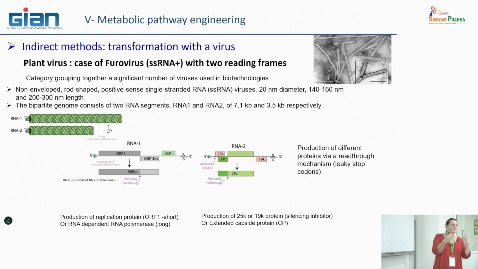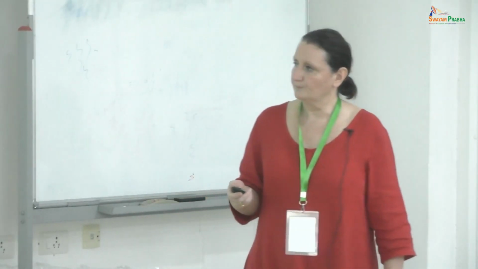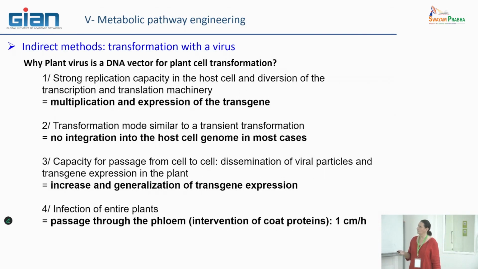If some of you will one day be interested in what happens, for example, in mammalian cells, lots of transgenic mammalian cells are also mediated by specific virus systems, because they are very efficient at modifying several things in the gene content of the cell. I don't want to go into more detail on that. So why can we use this system as a DNA vector for plant cell transformation?